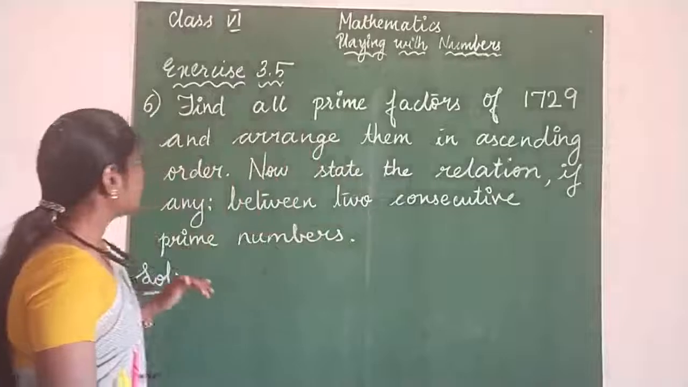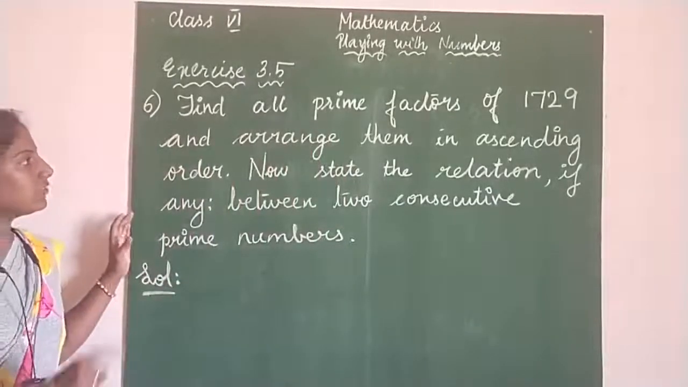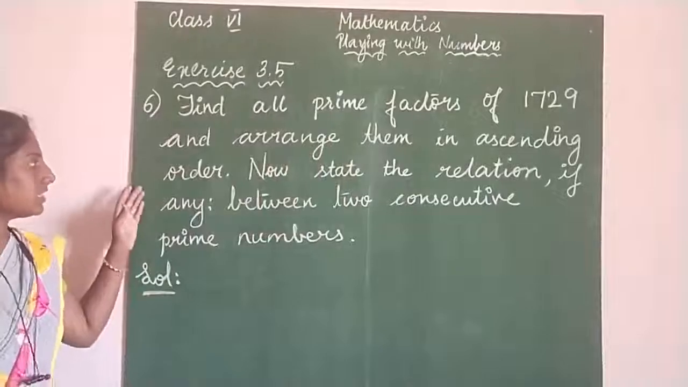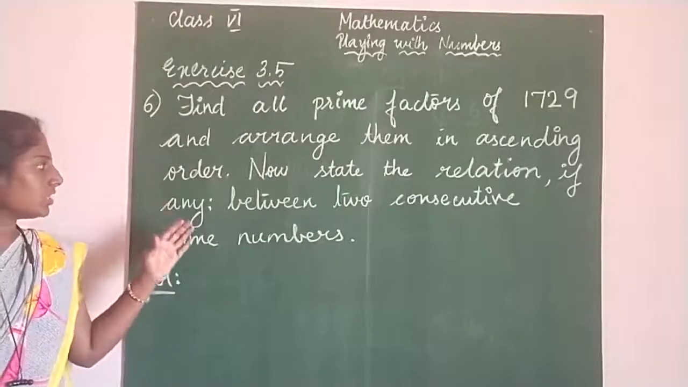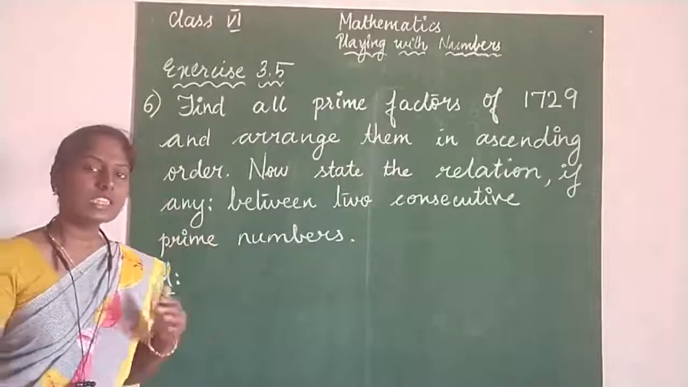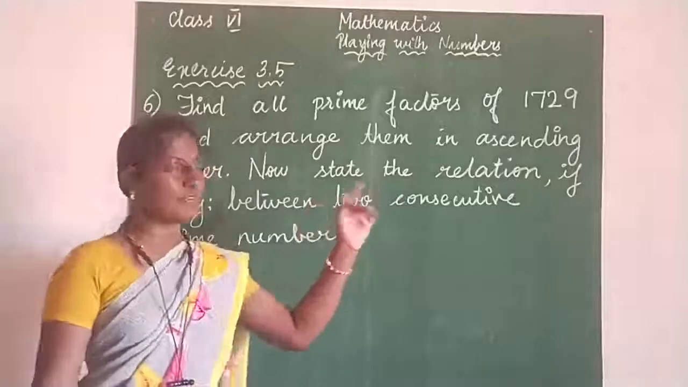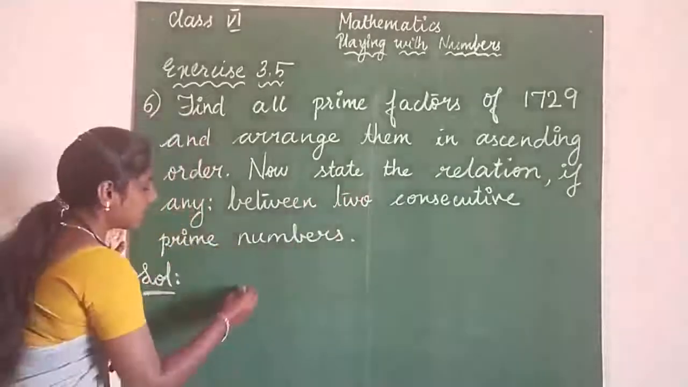Okay, look into the sixth question. Find all prime factors of 1729 and arrange them in ascending order. Now state the relation, if any, between two consecutive prime numbers. Okay, so the first thing we have to do is prime factorize 1729. So let us start doing